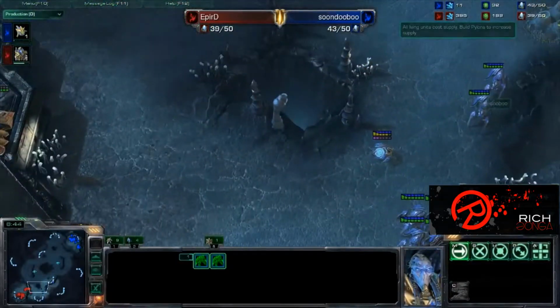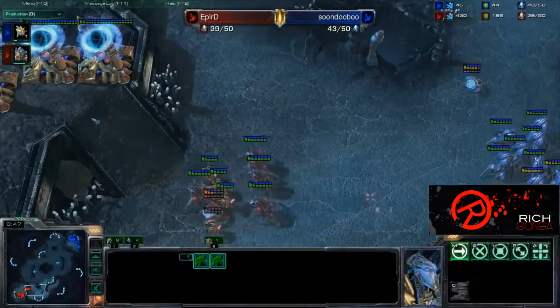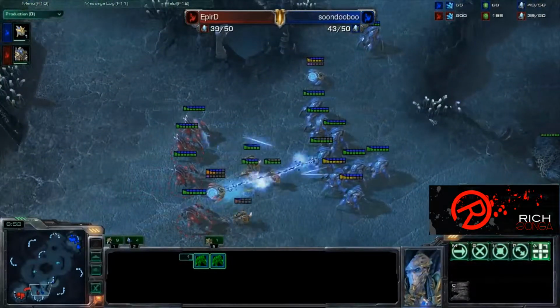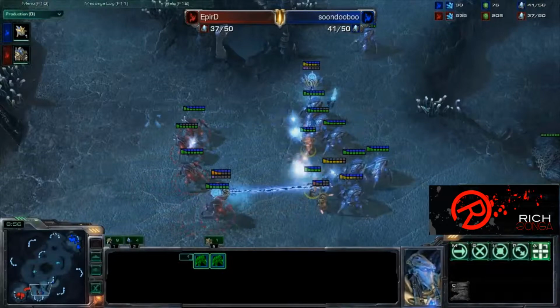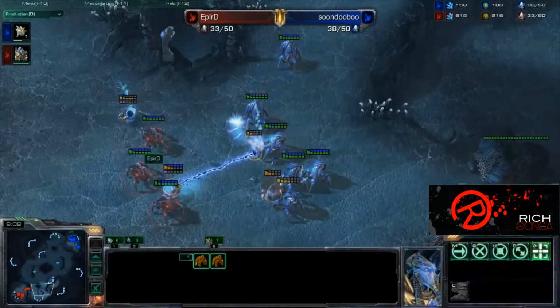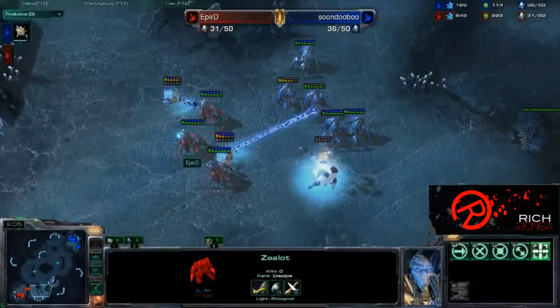EpirD with another warp in of Zealots to throw down the damage they need to against all these Stalkers. And EpirD going to try and get the surround. However, these Zealots are going to tank all that damage from all these Stalkers. And they're throwing down a ton of damage. 1 Stalker does fall. The other Stalkers...